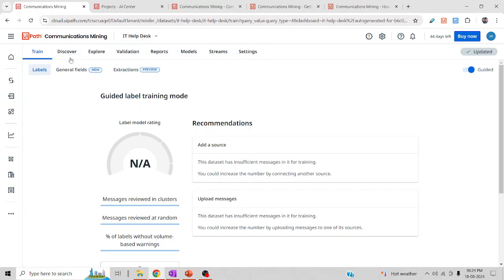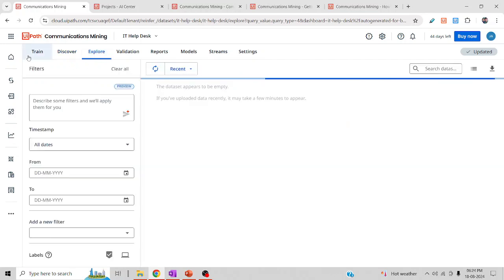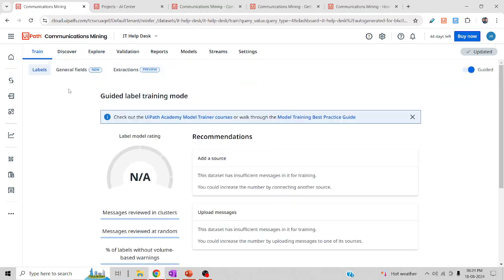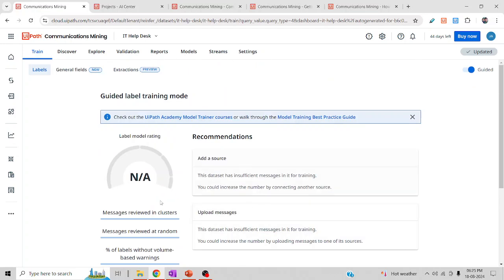These are several models which we're going to discuss in detail in the next sessions: train, discover, explore. What are the ways you're going to discover all the data sets, and how are you going to train all the data sets? We'll discuss all of that in a detailed way. Before that, I just wanted you to have a view of this particular UI, how it looks like. These are all the stuff. We can see all the labels and we can get the values also